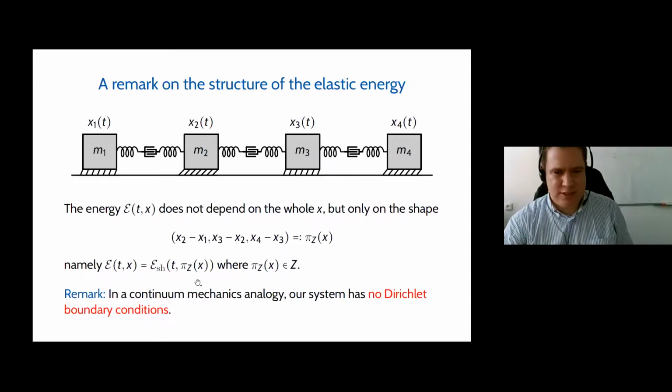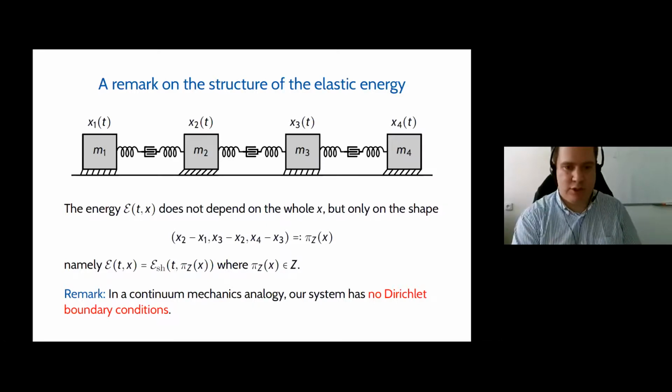And so we can actually properly define an energy that depends only on the shape of the crawler, and then we add the invariance with respect to translation. And if you look at this, you can do the same for a continuous model, something closer to what you usually do in continuum mechanics.